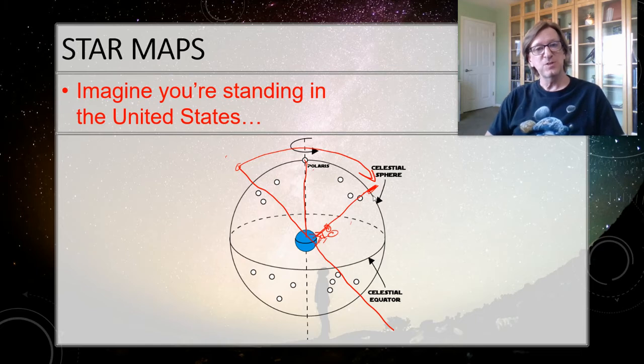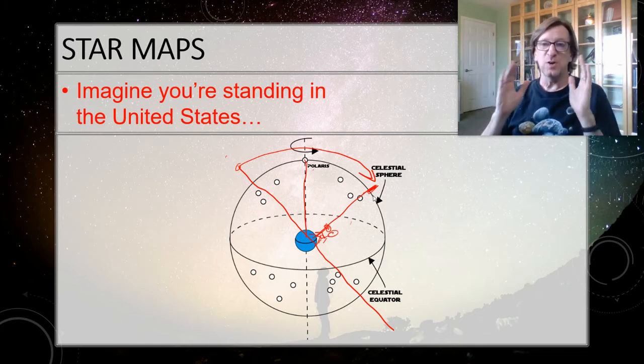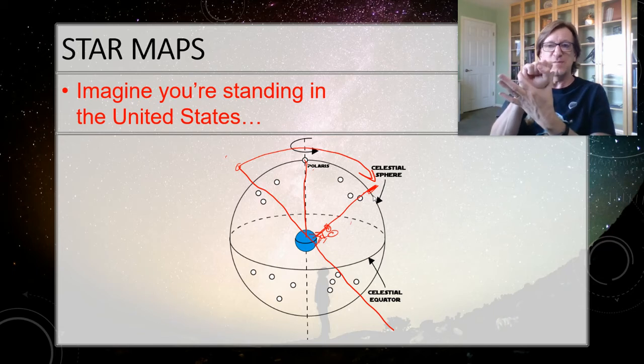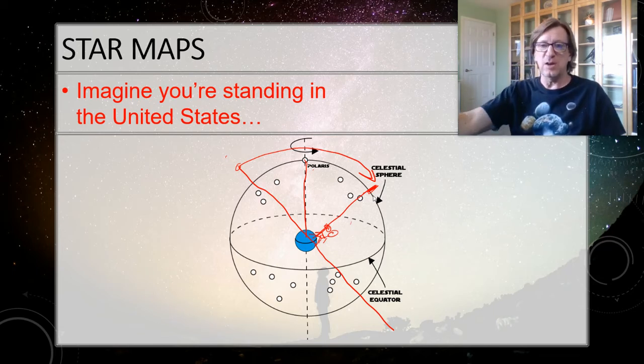So this is one of the first ways you can access your inner Crocodile Dundee. You can never get lost, you can always know what your latitude at least is if you can see the night sky. Remember, I told you that your fist is between 5 and 8 degrees. Here's how you can calibrate that.